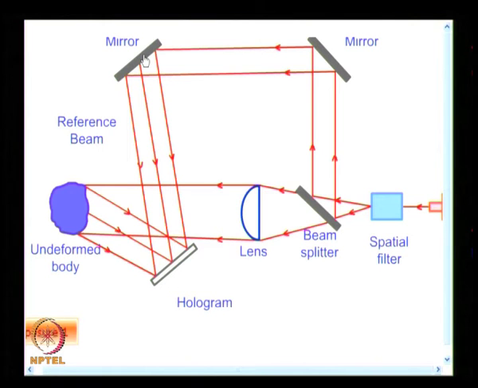So, that means I will have one set of images with the reference beam and the actual model deformed, and then I repeat the same thing by changing the reference beam alone with known phase shifts. With this information and taking multiple images, people were able to fix the total fringe order and also automate the procedure. And because I do this shift, they also call this phase shifting techniques. And what is the parallelism in photoelasticity? Photoelasticity we saw one ray becomes two, because it behaves like a crystal and you have a temporary birefringence.